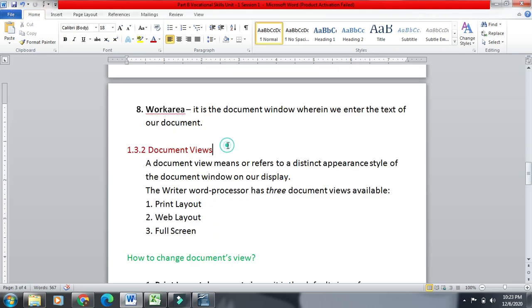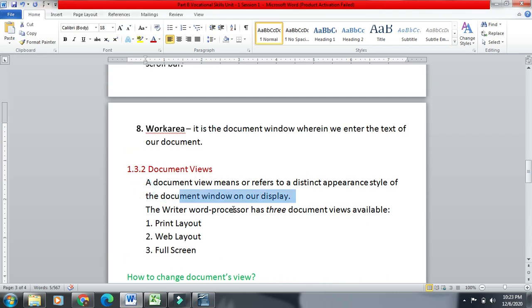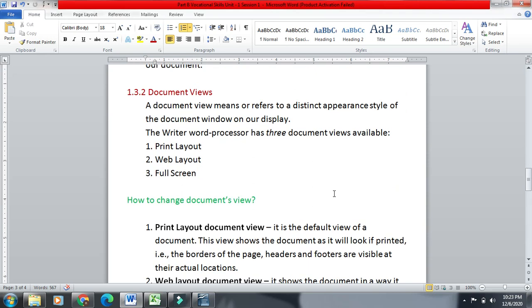Now our next topic is document views. How we can view the document in different formats. A document view means or refers to a distinct appearance style of the document window on our display screen. The Writer word processor has three document views available. One is print layout, one is web layout and one is full screen.